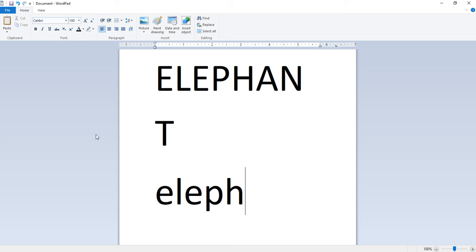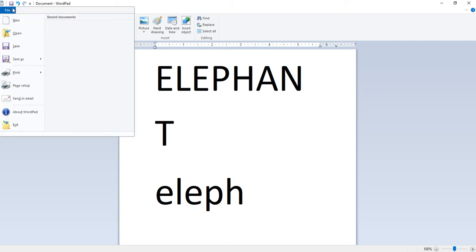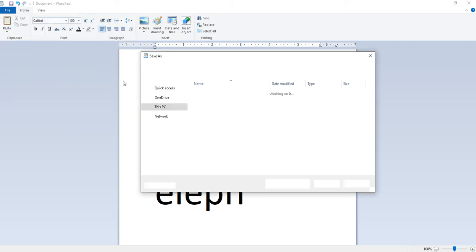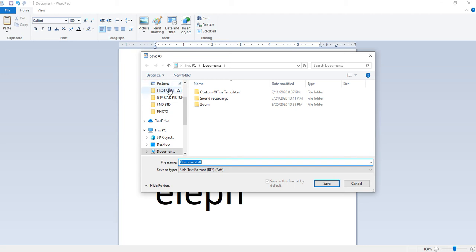To save a new document, first go to File and choose the Save option. The Save As dialog box is opened. Give the location of the file in the box.